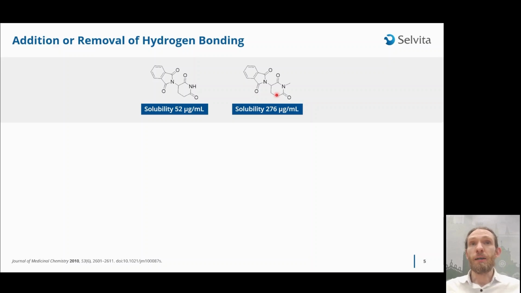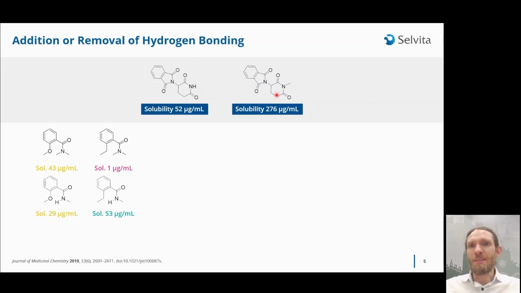Very often, the hydrogen bond donors, hydrogen bonds, are formed within the drug molecule as intramolecular hydrogen bonds. And now we'll see how this may potentially affect solubility. So on the following model molecules taken from this paper, we see how these intramolecular hydrogen bonds and the nature of the hydrogen bonds